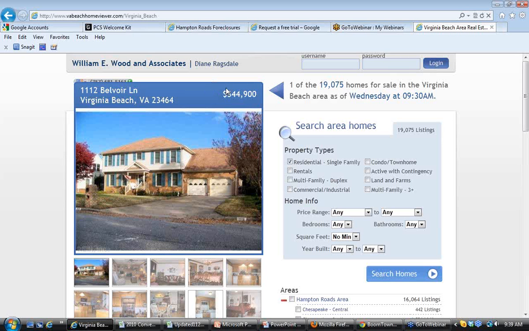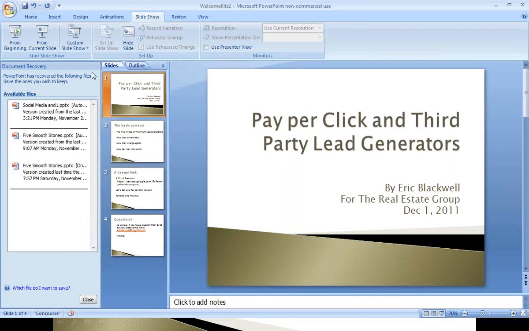And so that's what we're going to talk about for the next couple of weeks. It's a different way of looking at it, rather than working with a third-party lead generator like this, and I'm not bad-mouthing it. If you want to do it, that's fine. But you really give up an awful lot of control, and it really isn't that hard to set one of these up. So let's go back to our PowerPoint here for a sec,